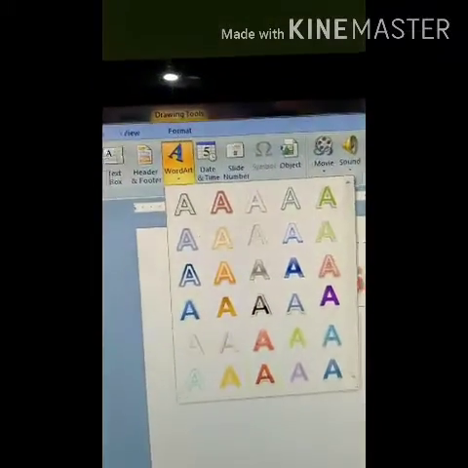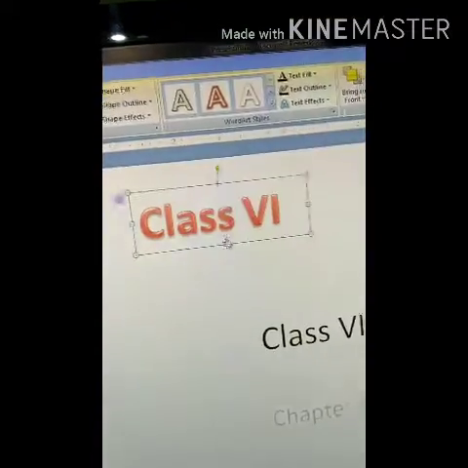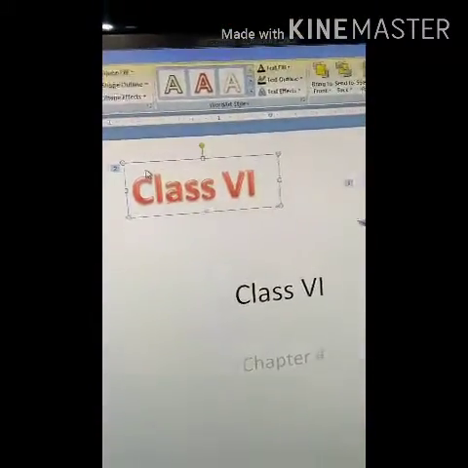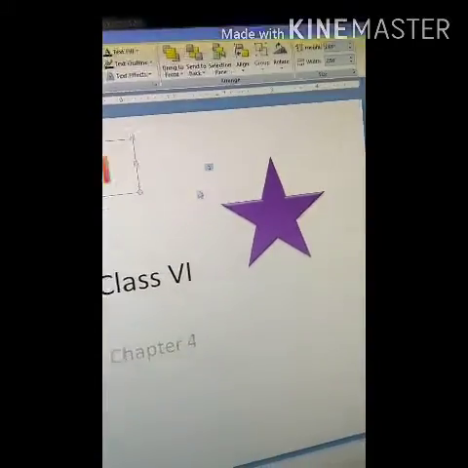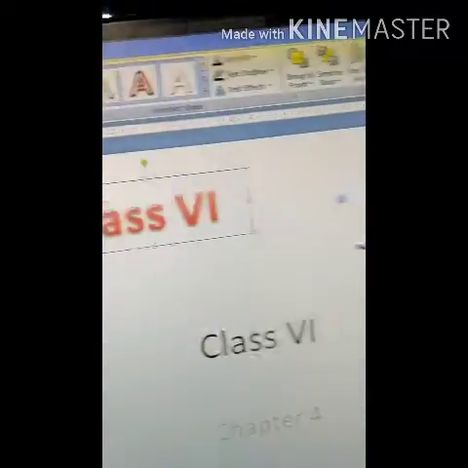Now you see how to set animation effects here.